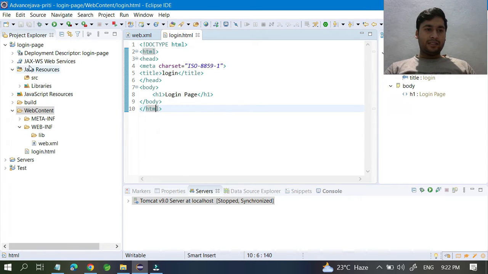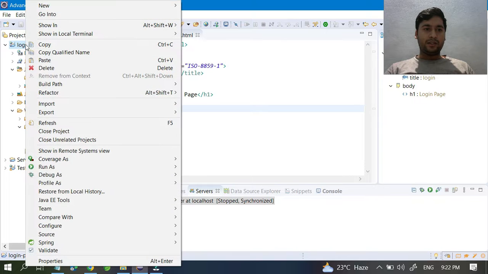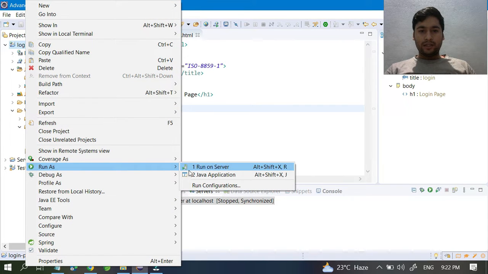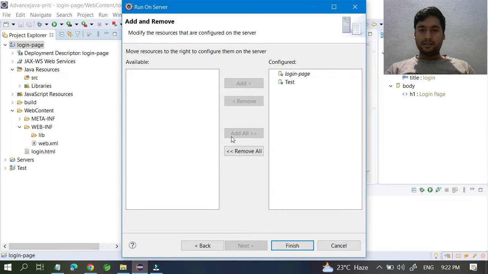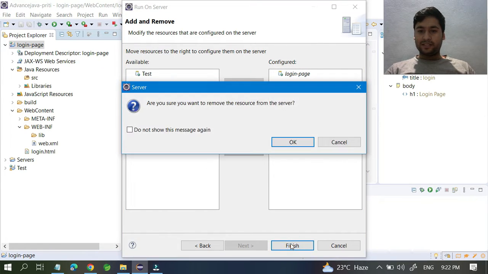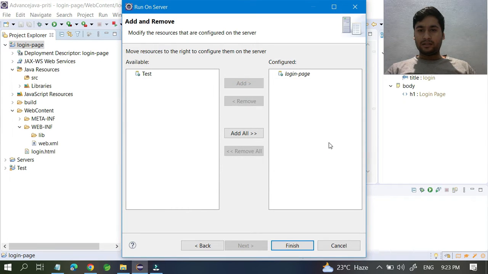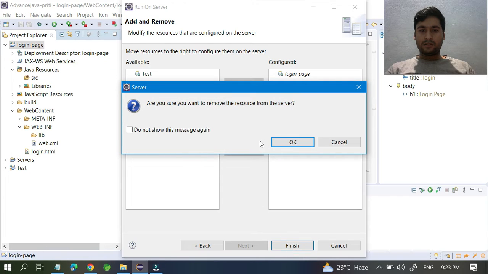Let's run this project. So right click on your project, go to run on the server. We need to run on the server. So run it. Here you have to select this server, next, and just click on this. If you have two applications here, we need to just run only one. So login page and finish it. It's saying like, are you sure you want to remove the resource from the server? So I'm saying cancel. No. Okay,